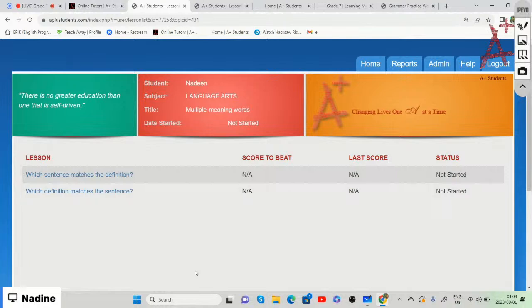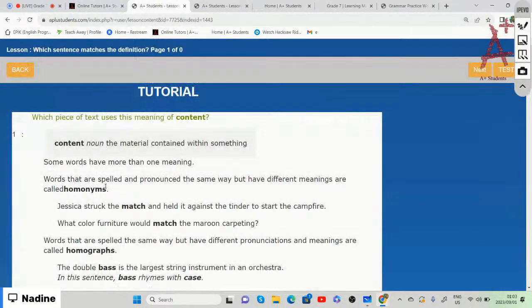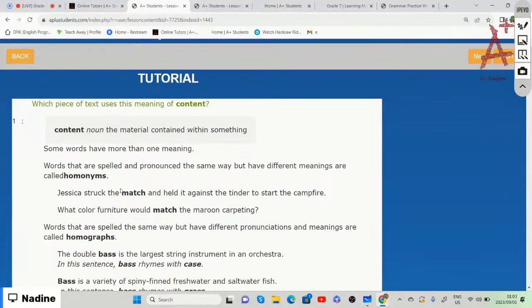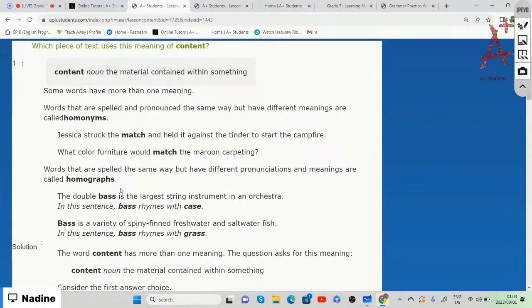So we are now going to find out what multiple meaning words are. All right, let's go into our first one. The first one says, which sentence matches the definition? Okay, so before we go on to the activity and answer the questions,